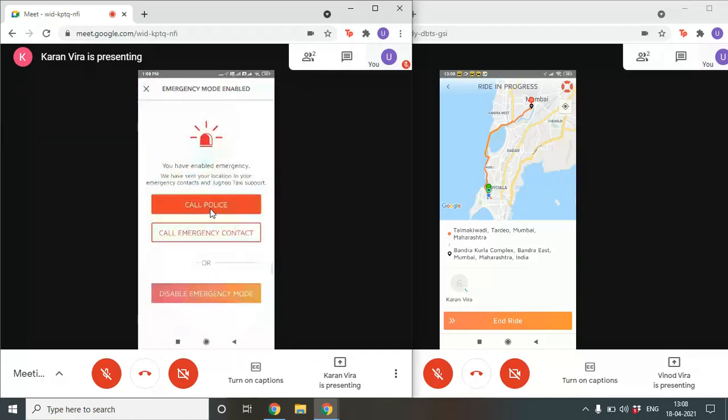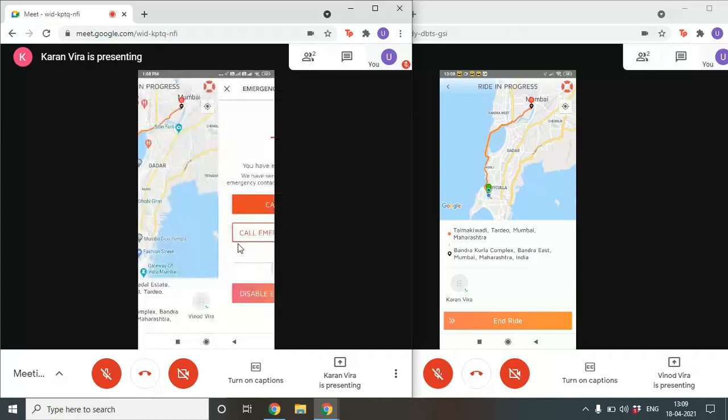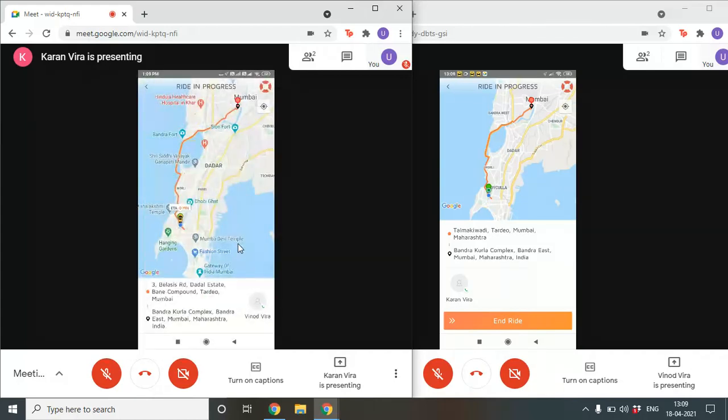You can even call the police or any emergency contact. If he sees that there's no danger anymore, you can just disable the emergency mode. This also helps with the security factor, this particular tab.